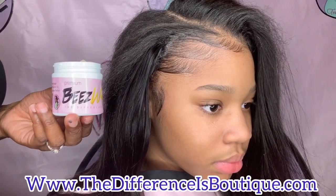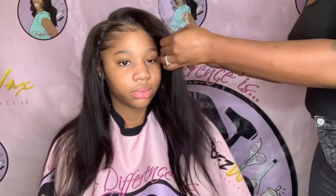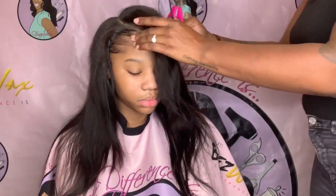The product that I use to actually lay her edges down is my premium BeezWax. It has coconut oil and castor oil mixed inside. It's an edge control product that is not a wet based product, and you do not have to apply it every day. This should hold on her hair for at least 5 to 7 days with no problem and with